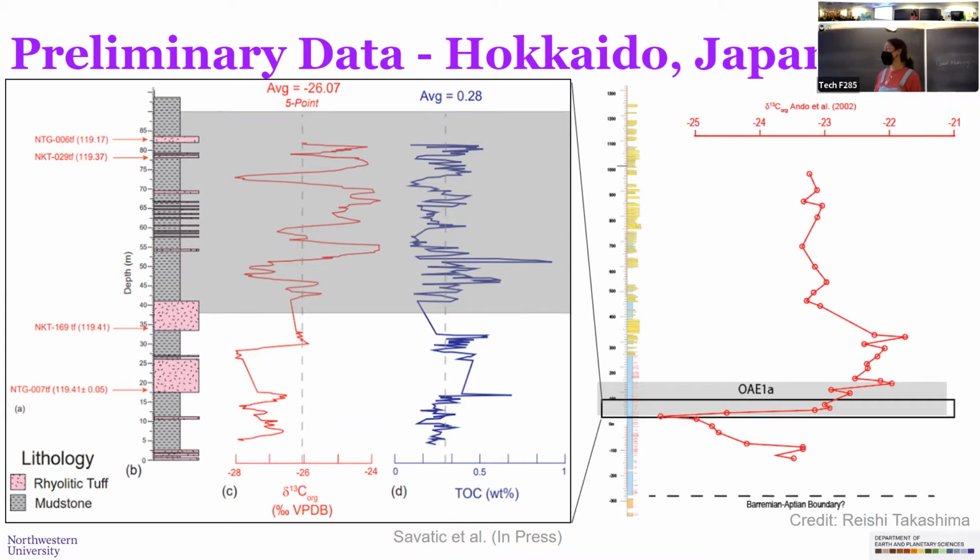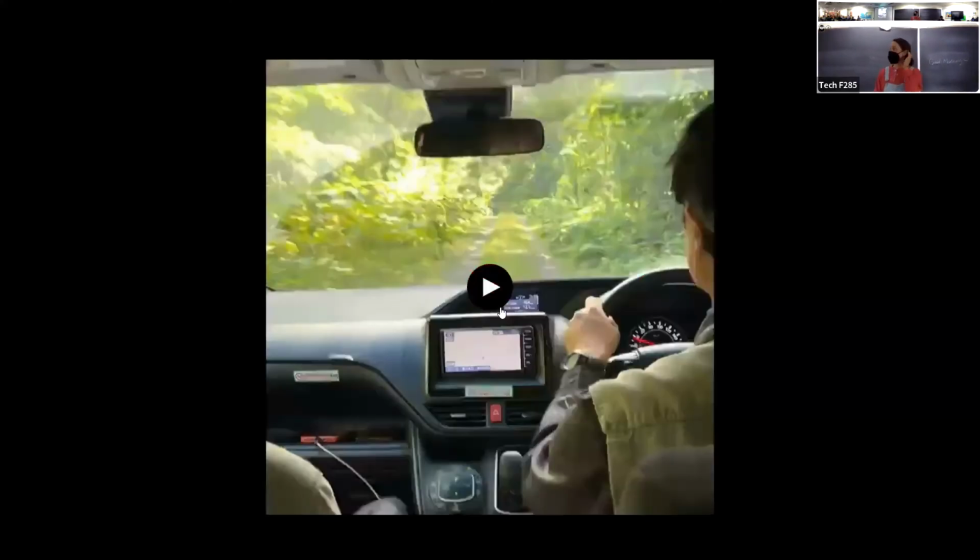So this is 80 meters. And this red curve over here comes from a prior study in the same area about 20 years ago. And there's about 700 meters. So this required Luca, Brad, and myself to travel to Hokkaido this summer to collect more samples to complete one